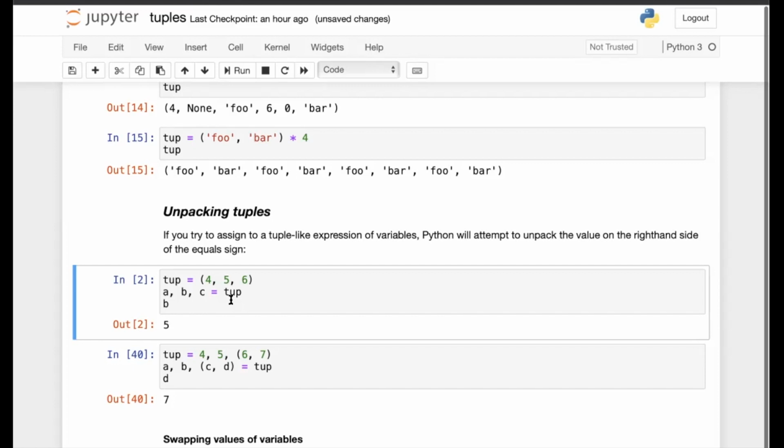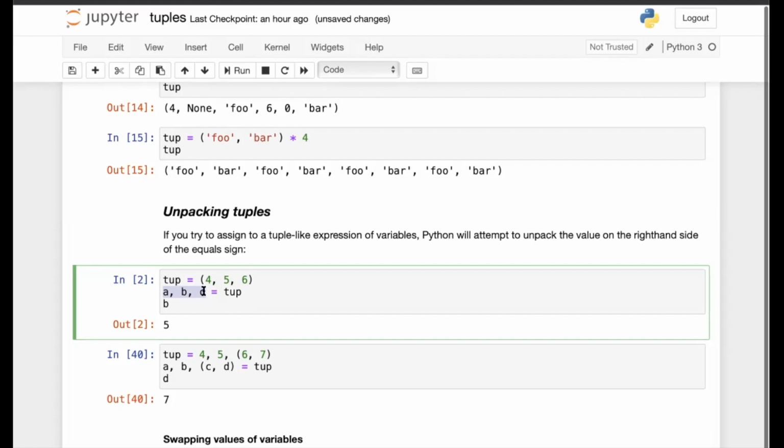So this tuple variable would be on the right-hand side, and on the left-hand side would be a tuple-like expression of variables. Since this tuple has three elements, on the left-hand side we would have three variables separated by comma. So the expression should be similar to that of a tuple that we use when creating the tuple. So this expression is similar to that: a, b, c.